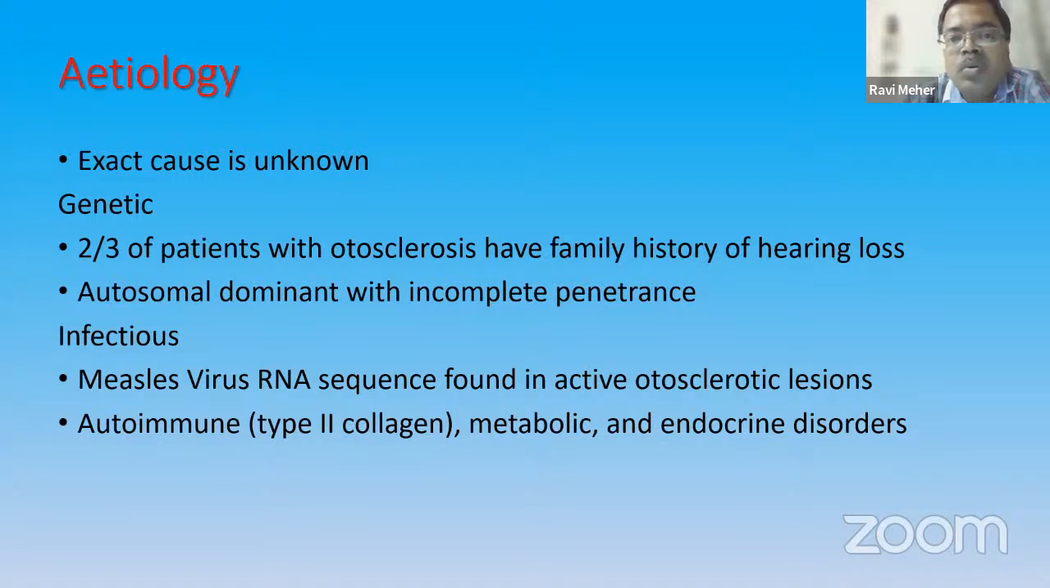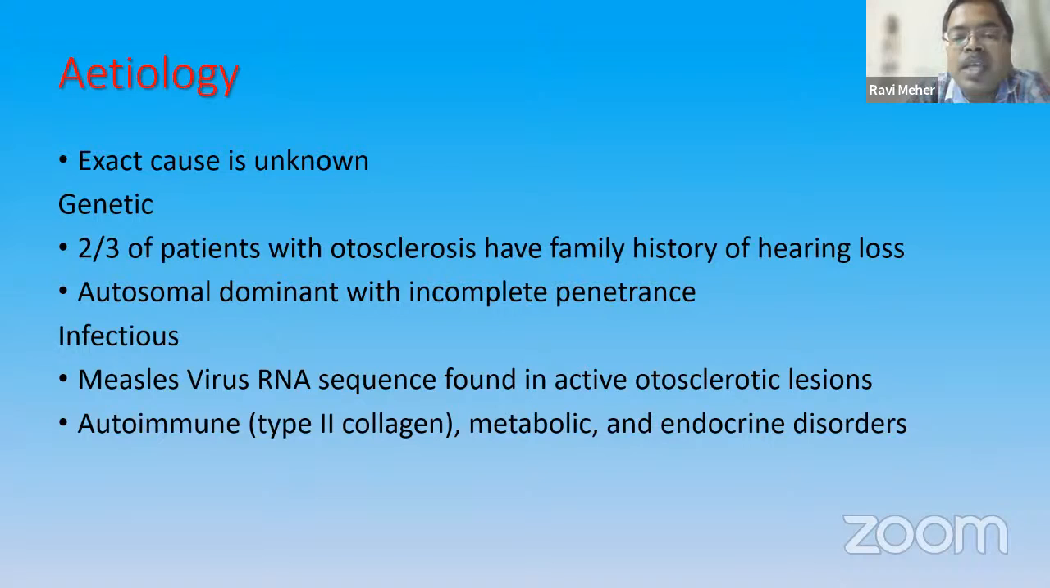The exact etiology we don't know. It is supposed to be congenital. 2/3 of the patients will have some family history. The hereditary component is basically autosomal dominant with incomplete penetration. There are certain genetic foci also which have been described in books. So there is some element of genetics, but there are two other hypotheses which have been proposed, that it is